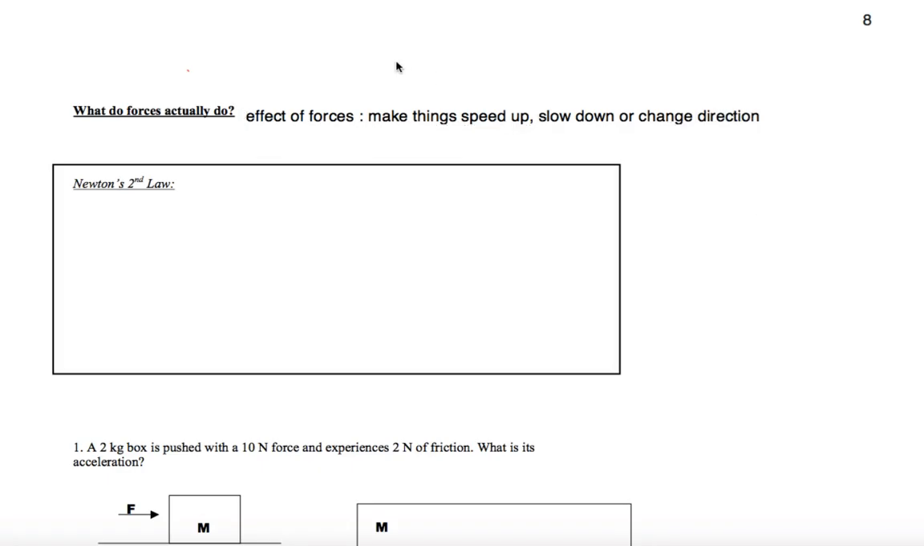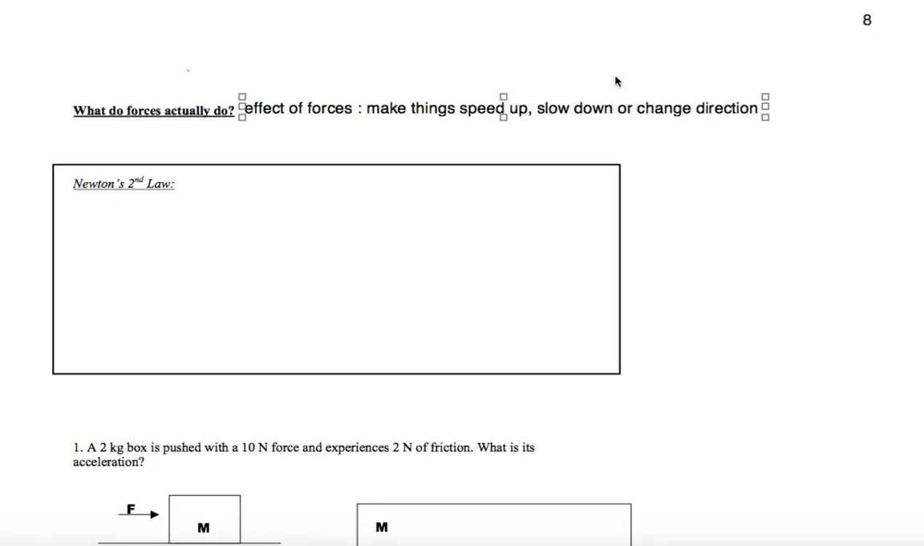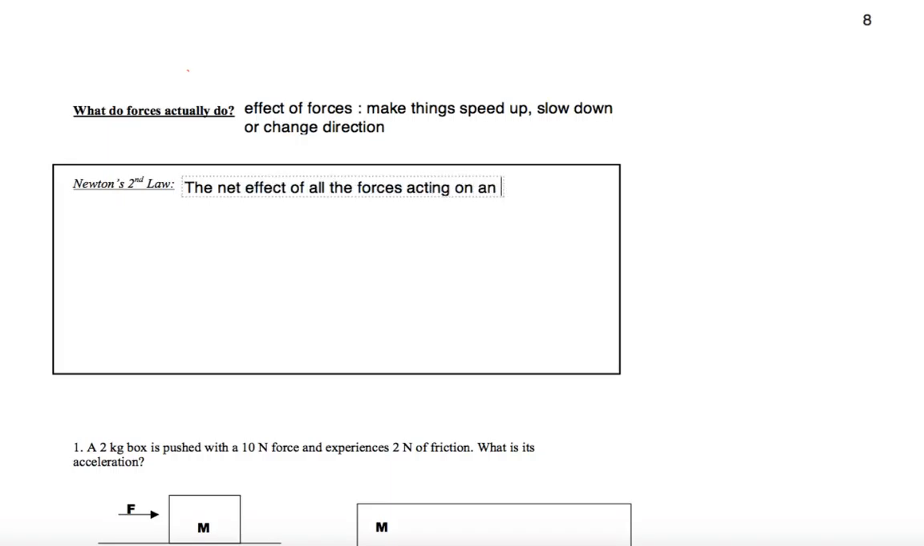It's really that simple. Now, how this actually happens is the subject of Newton's second law, and I want to actually write it down this way. So Newton's second law basically says the net effect of all the forces acting on the object is to make it speed up, slow down, or change direction, provided